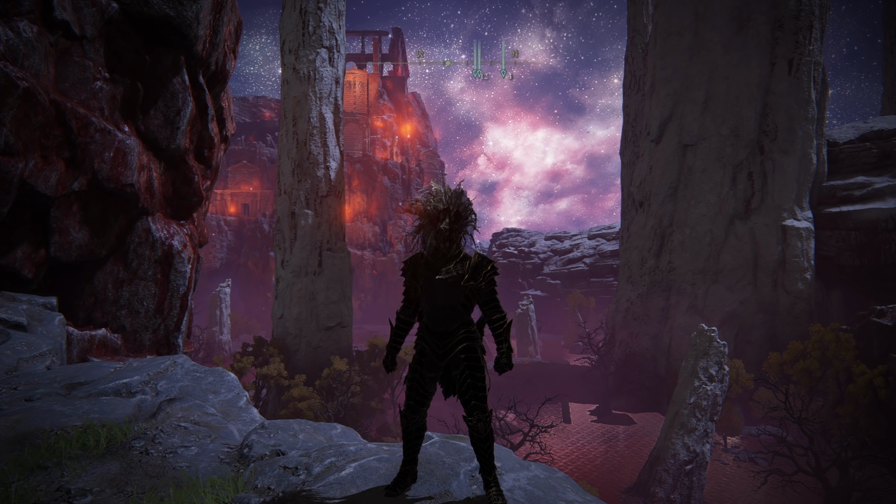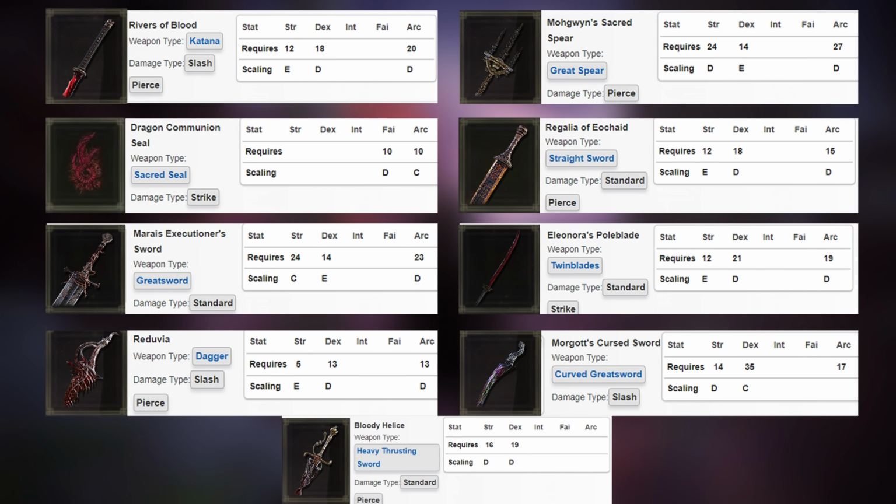So in this video, I'm going to be going through all the Arcane weapons that I know of that are probably the best ones in the game. I'll have to switch a few characters when showcasing because some weapons aren't on certain characters. So these are the weapons we're going to be showcasing. Rivers of Blood, the Dragon Communion Seal, Maria's Executioner's Sword, Reduvia, Regalia of Echoid, Mogwen's Sacred Spear, Eleonora's Pole Blade,